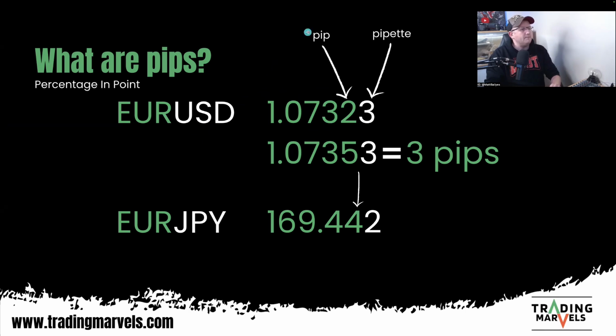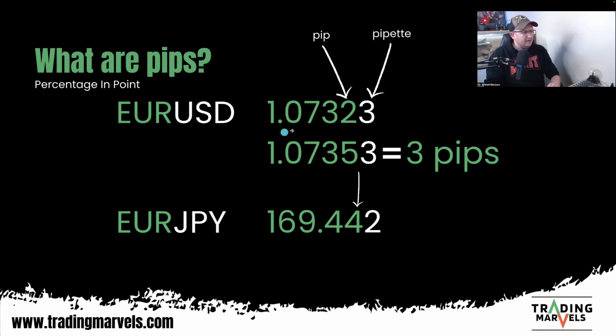Now, a pip is this number here. So all you got to do is just come one number in from the end. Take the end number, which I've highlighted there in white, and come one number in, and then we have this here. These are your pips. Or you can go the fourth number from a decimal point for this pair, Euro USD, and any other pair, which doesn't include JPY. I'll go over JPY in a second, but for now, we're going to focus on Euro